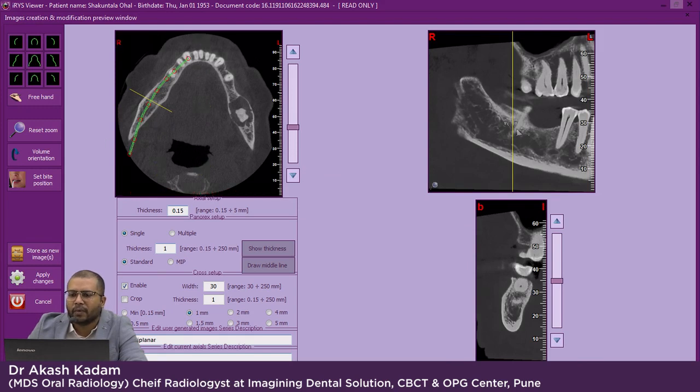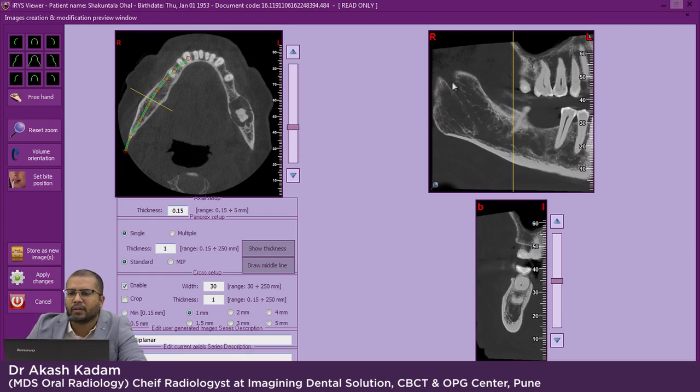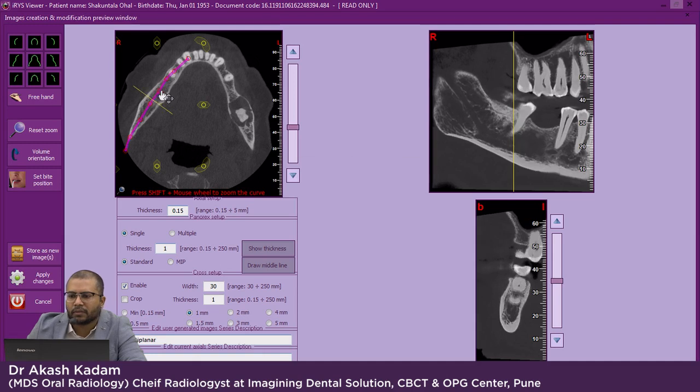Now the marked area with 1 mm thickness is seen on this OPG and these cross sections also. Now according to this, we will adjust our points. You can just drag them wherever you want. So suppose my nerve is in the center. So see, now you can see this nerve opening, and you can see the cortications of the canal. So likewise you have to adjust here into the mandible and see how it runs.